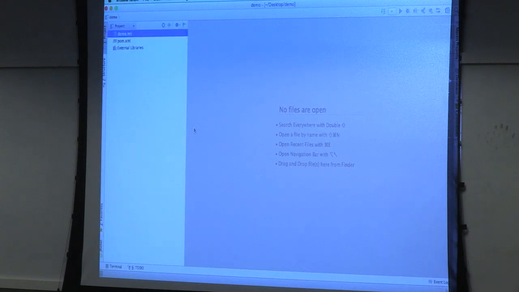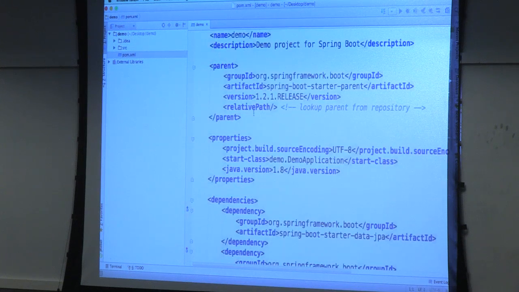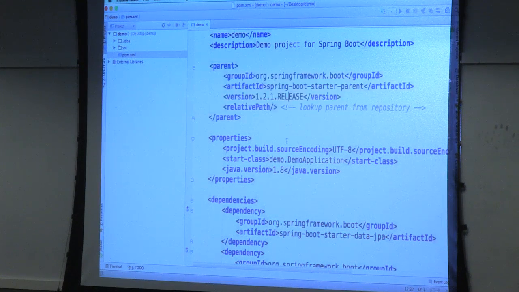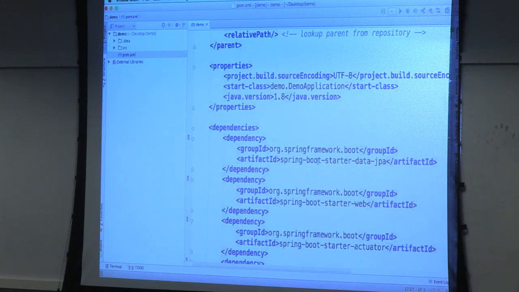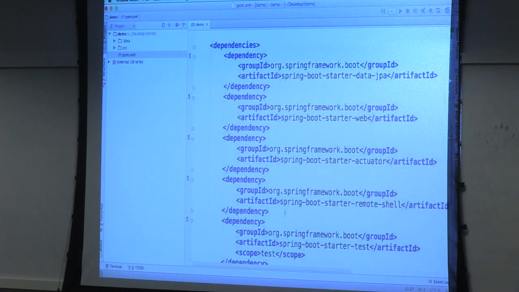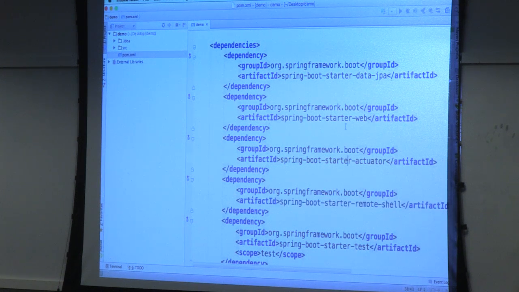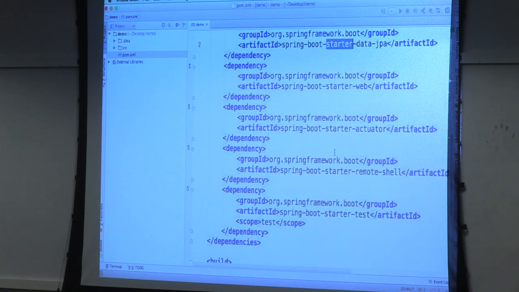Voila. Opening this up in an IDE of some sort. The build file that you get is pretty unassuming. You get a parent POM. That's not required. You can use a dependency management section that has an import scope, or you can use a Gradle-based build. But by default, you get something that is level set, and it shows you all the different dependencies. And then I've checked all these little different dependencies here. They correspond to the checkboxes. So remote shell, the actuator, the web stuff, support for JPA. These are all very opinionated ways to get everything you need to get started with that particular style of workload.